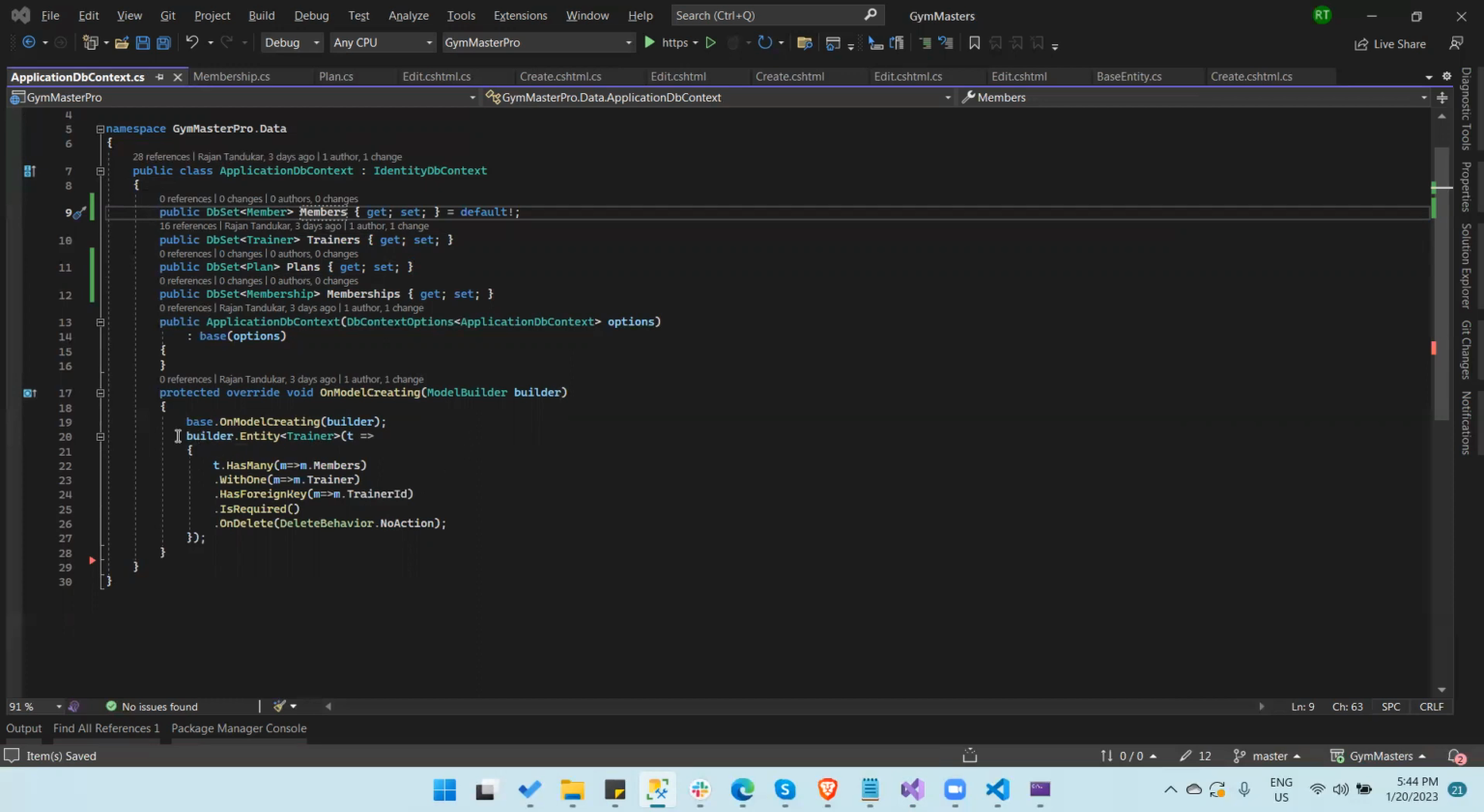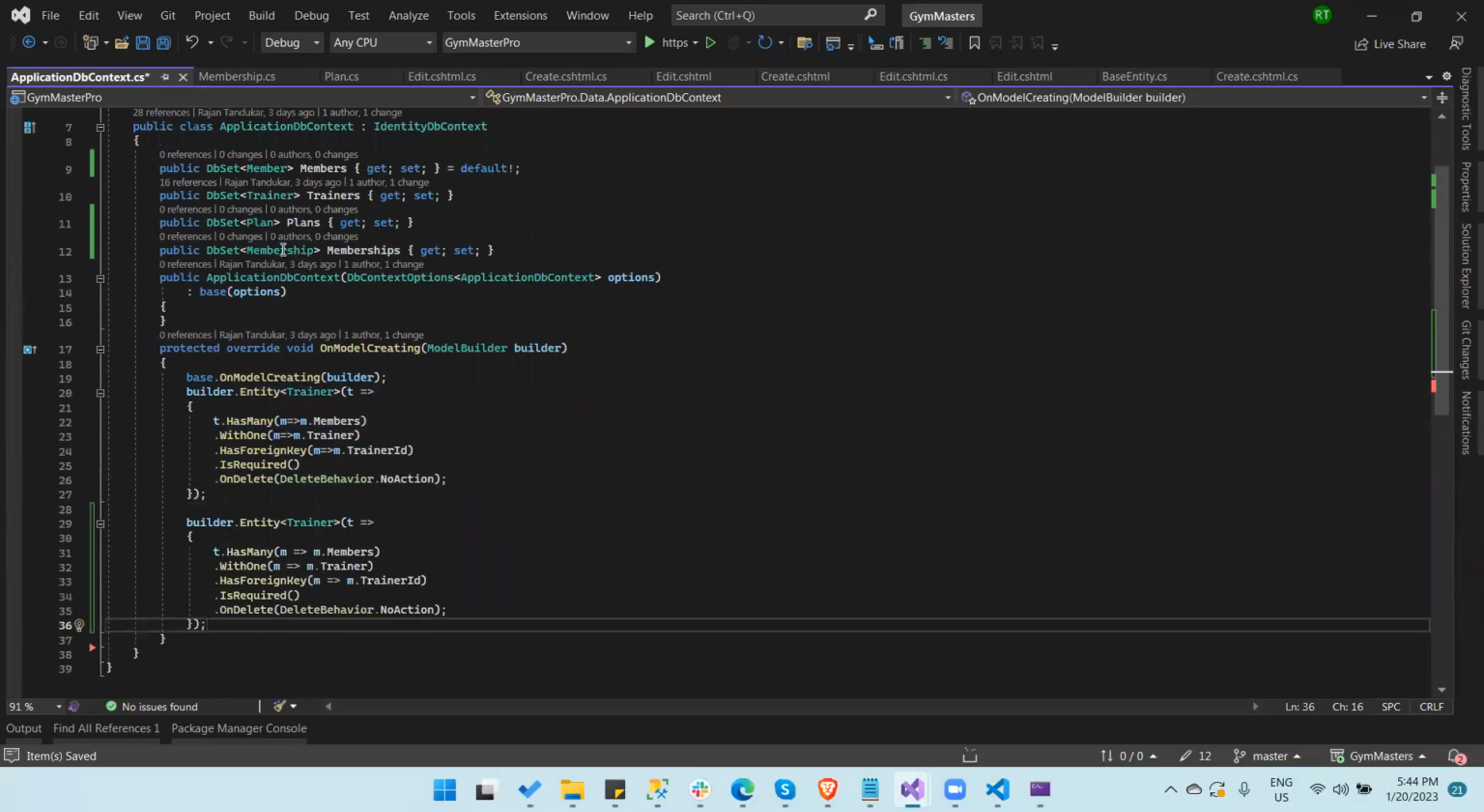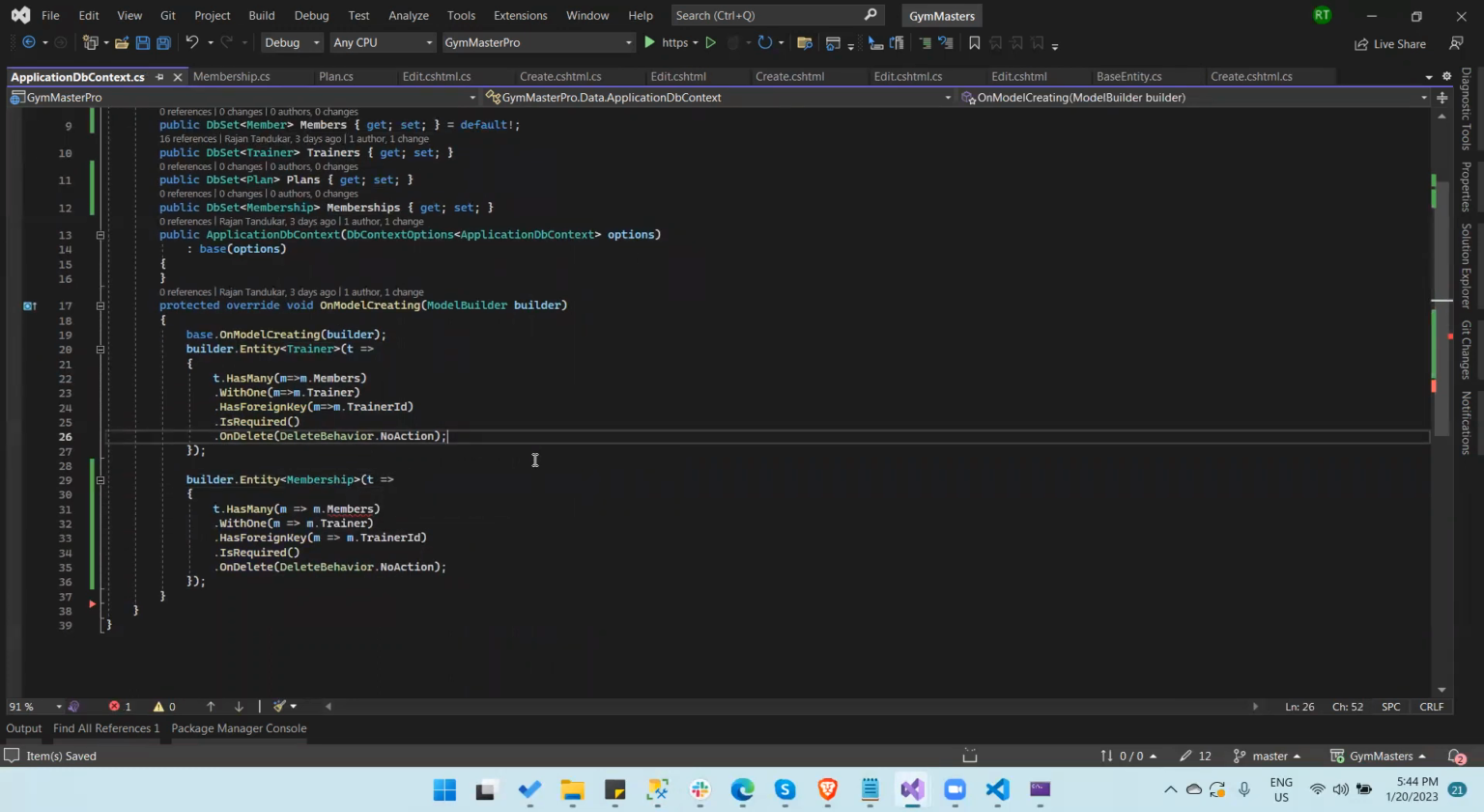Now let's use this similar kind of code here. Let's copy this code here, and let's use membership in here. So I think it will have many members and many plans. So one to many relation